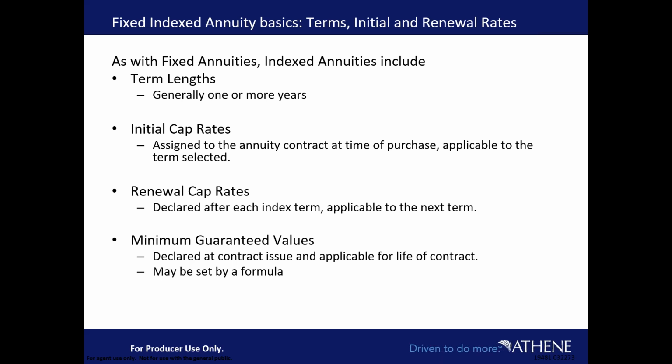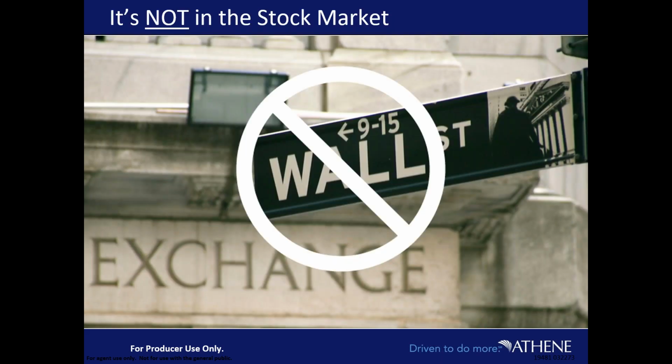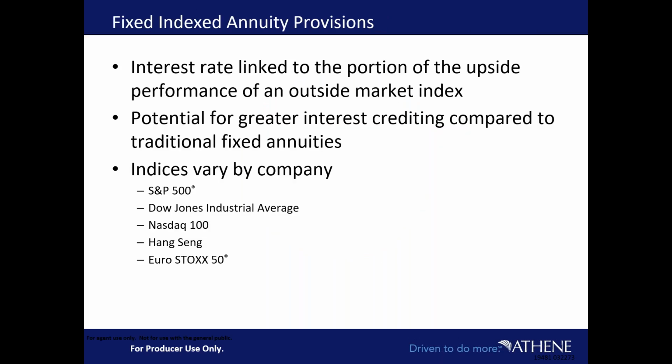Minimum guaranteed values are declared at contract issue and applicable for the life of the contract, and may be set by a formula. So just remember, it's not in the stock market in a fixed indexed annuity. Interest rates are linked to a portion of the upside performance of an outside market index. So what that means is your clients are going to pick an index or a number of indexes that they want to track, and they will get some or all of that index return, but we cover 100% of the downside for them. So there's the potential for greater interest crediting